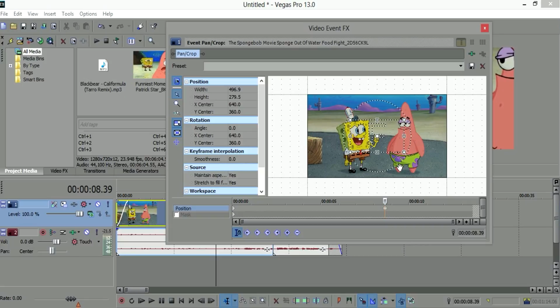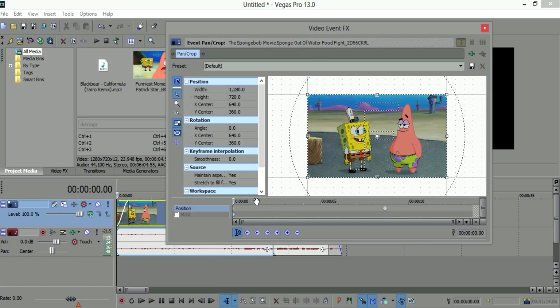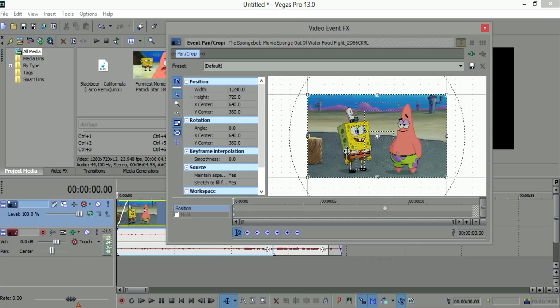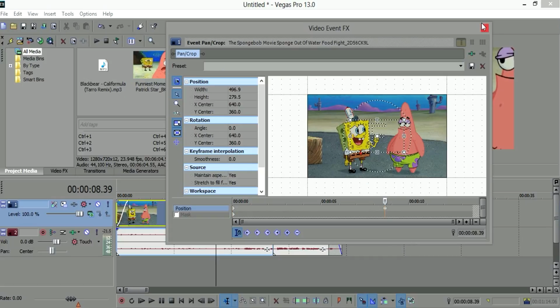But keyframes is, since this keyframe is default to see the whole screen, and this keyframe is like this, everything in between right here is going to lead up to this. So it'll look like this. That's going to take so long, but